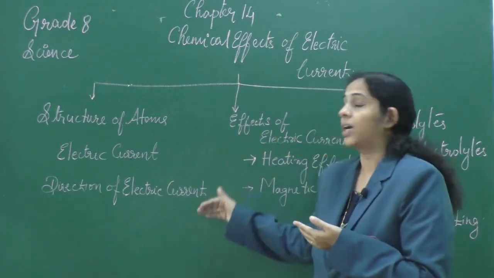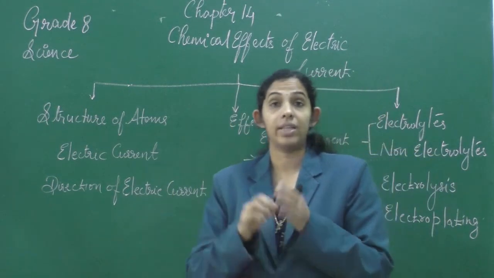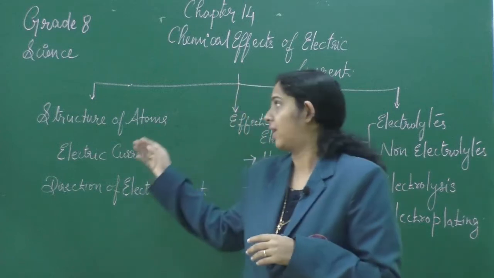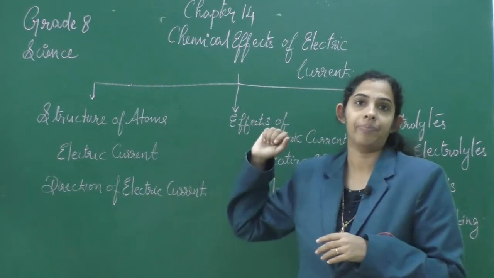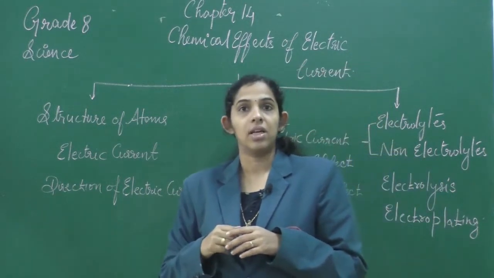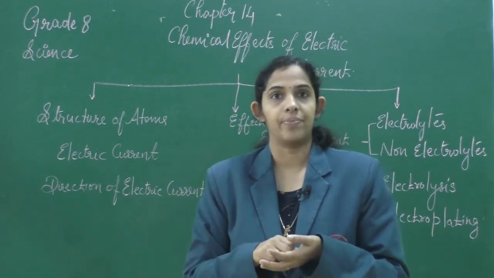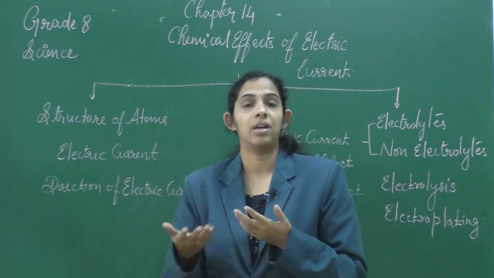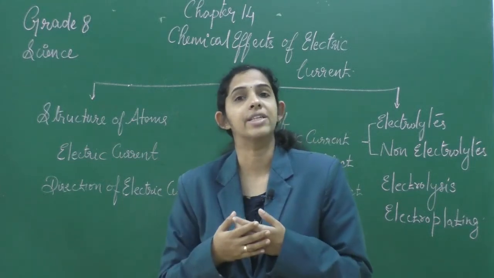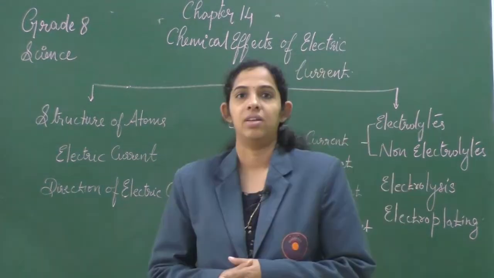they are good conductors of electric current, as they have the presence of free electrons as we have discussed here. Whereas insulators don't have the presence of free electrons, so they cannot conduct electricity. For example, plastic, rubber or dry wood are all examples of insulators.